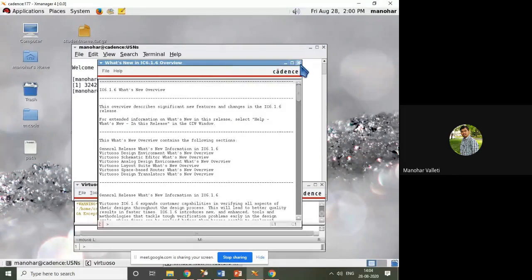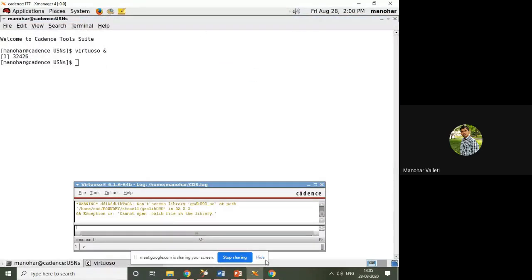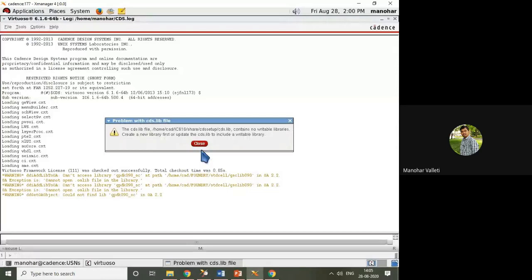I don't want this overview window, so I'm closing it and maximizing it. I want this CDS log window, then cell view.